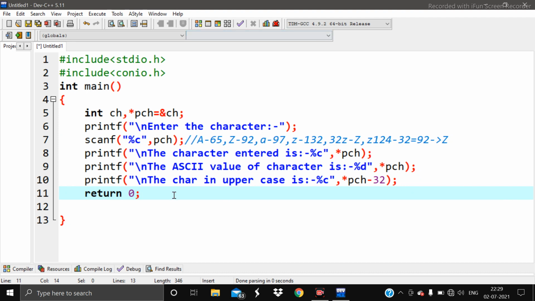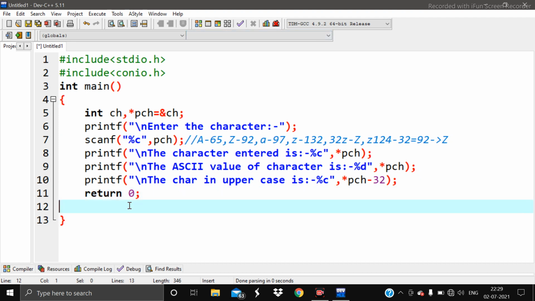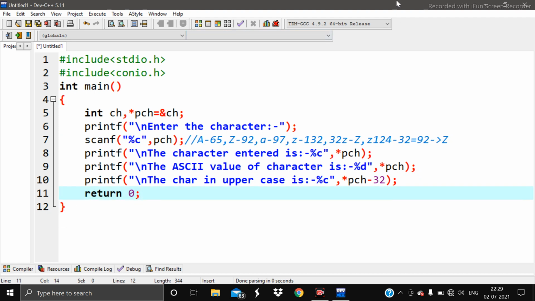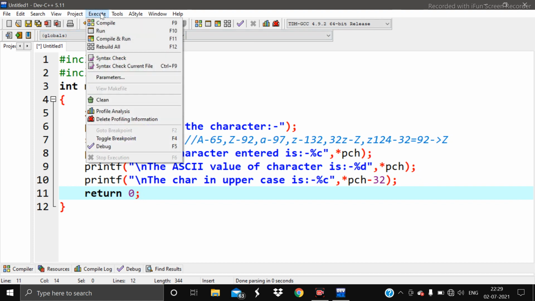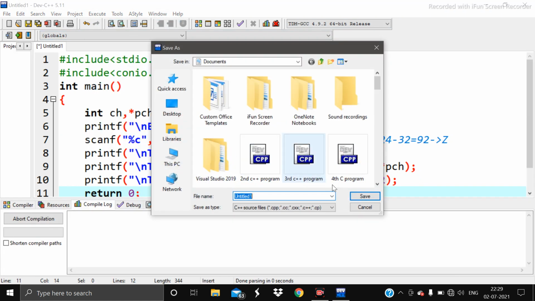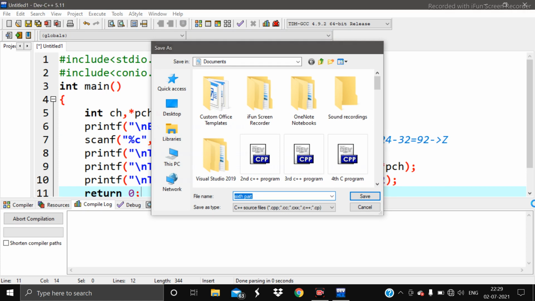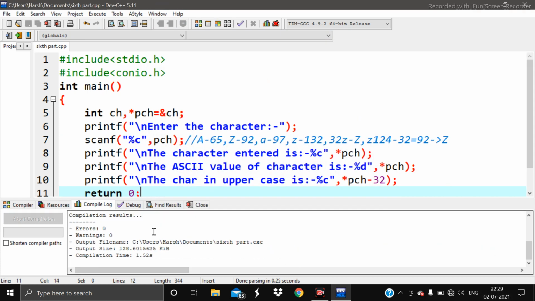Now we can just go to the execute icon, then compile, and the name can be any name that you want, you can write here. And here you can see that there are no errors and no warnings.